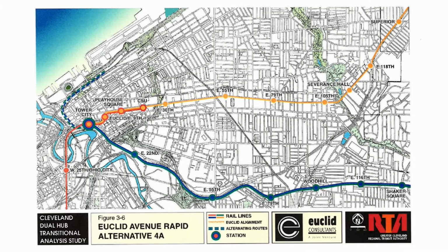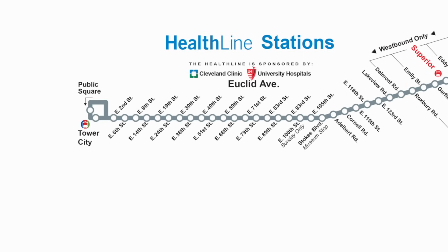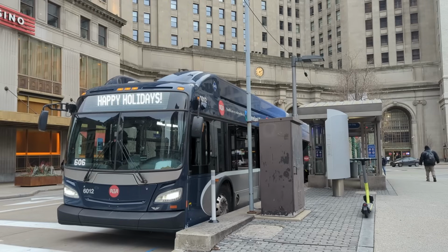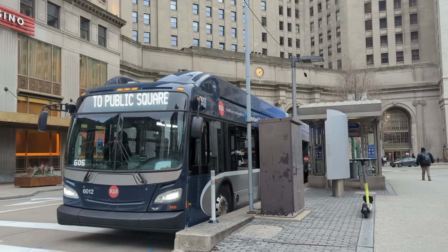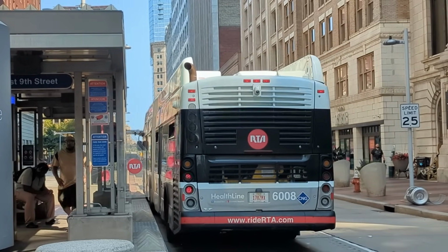The original light rail proposal for Euclid Avenue only called for 12 stations along the 6.8-mile corridor. In contrast, the HealthLine has 39 stations along that same corridor. That's an additional 27 stations. Not only does this significantly slow down the HealthLine, but more stations with complex equipment means more equipment to maintain,